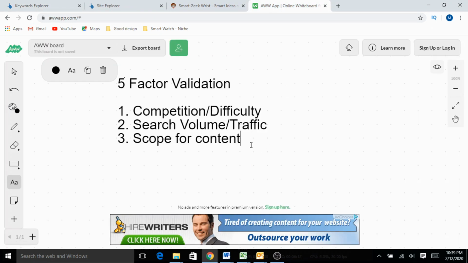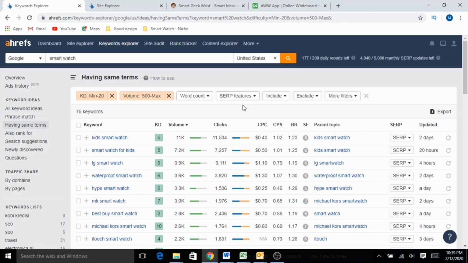Okay, why I am saying though it is less than 100 is decent, I will come to that in a minute. Now the fourth factor that we validate is a very important factor, that is reference site or proof. So I always look for another website that got developed on this particular micro niche with less domain authority. That means relatively new in the search world, but performing pretty well. That's basically an indication for me to start a new website on this micro niche, right?